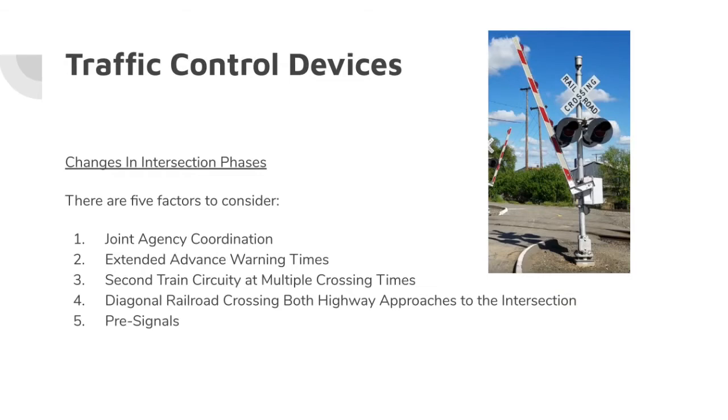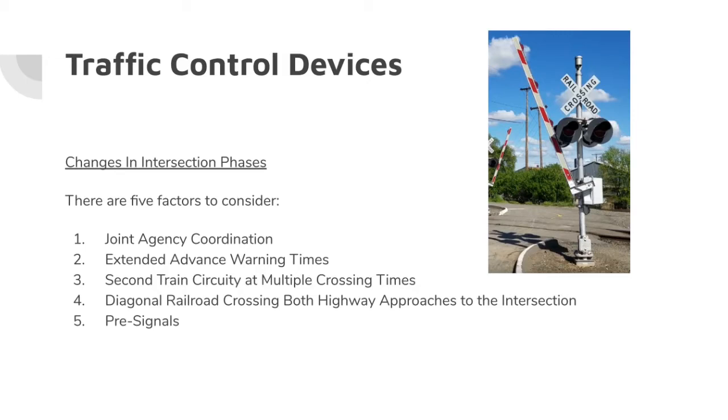So the traffic control devices we just mentioned have an impact on changes in intersection phases near railroads. They affect all nearby intersections, and there are five factors in changes in intersection phases. The first is joint agency coordination, which is the coordination between the railroad company and the DOT. The second is extended advance warning times, which, as I mentioned before, sets the limit of when those drop-down gates and cantilever arms are going to come down, and usually it's more than 45 seconds before the train arrives